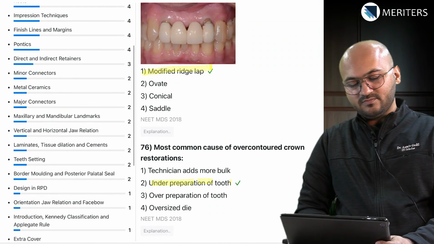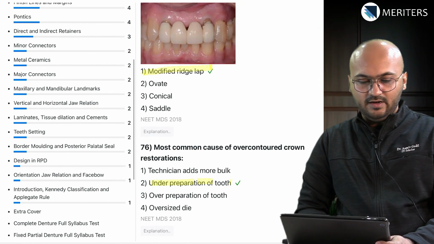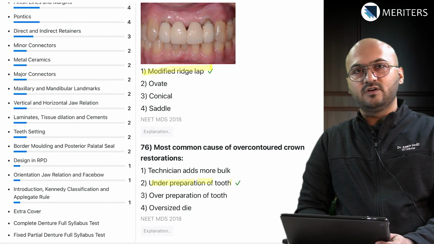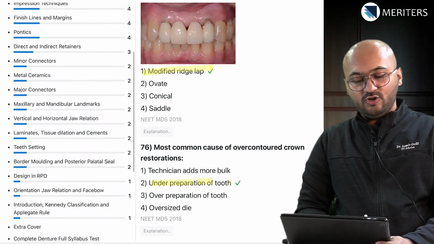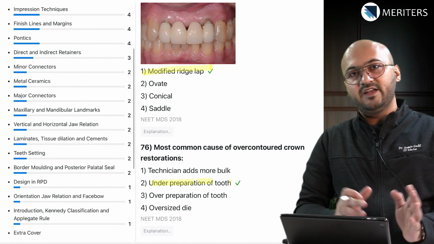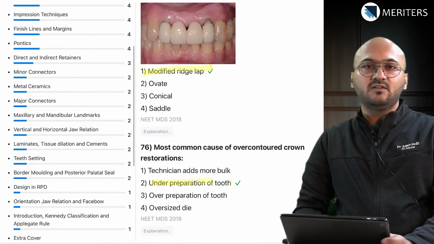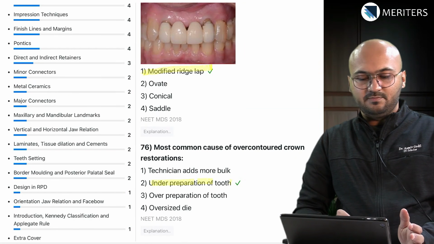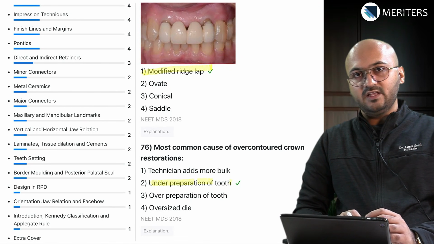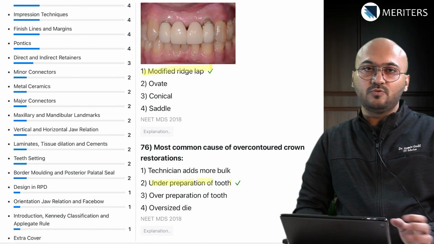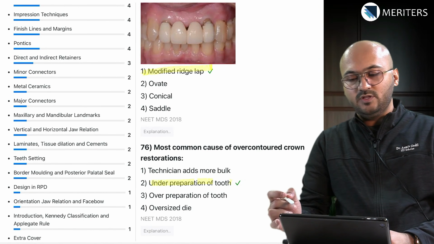Here you see a lot of clinical questions, a lot of relevant case-based questions with images. So make sure your focus areas are divided amongst all the topics equally, because you can expect a mix of everything in the exam. Now, like I said before, there's a lot of dental material overlap with Prostho too. So make sure that you are also looking at dental material as an integrated subject with Prostho,